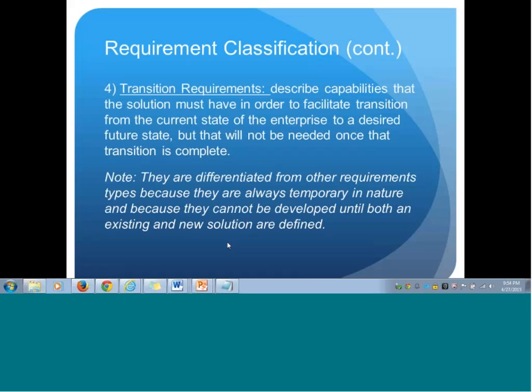So these are, if somebody asks you what are transition requirements, the capability that